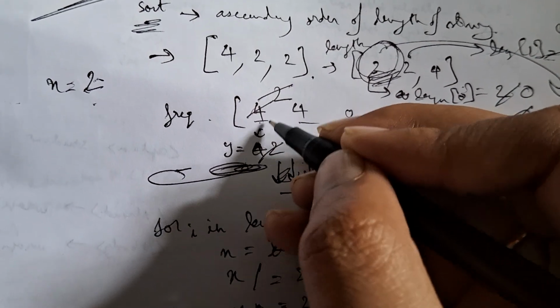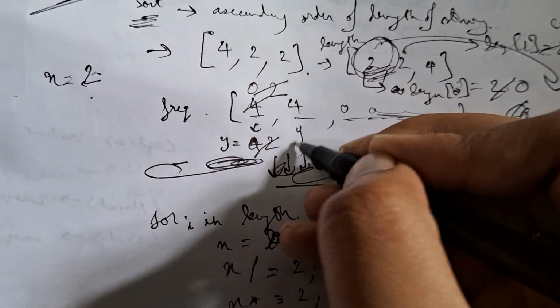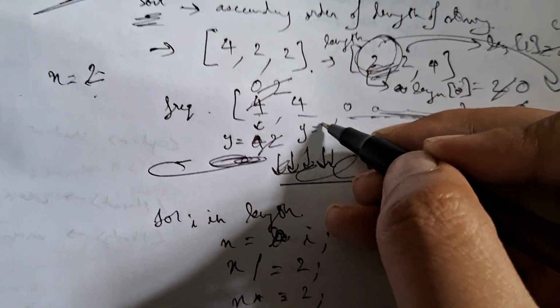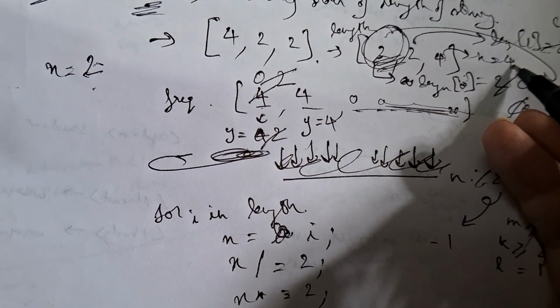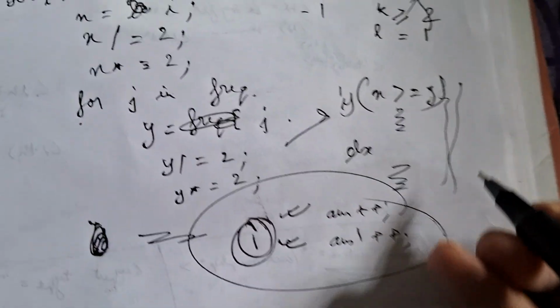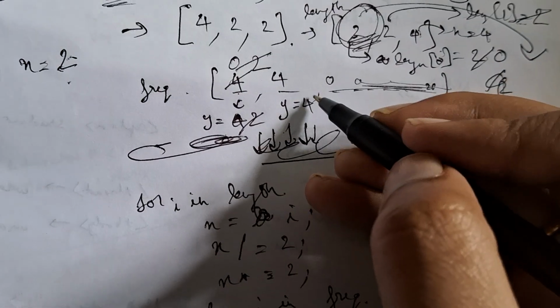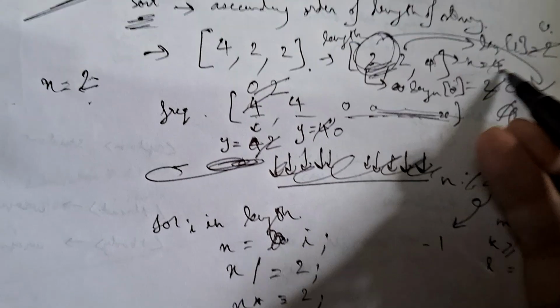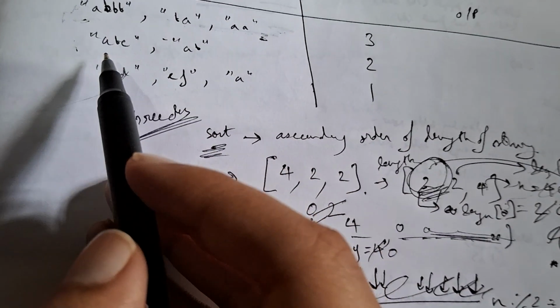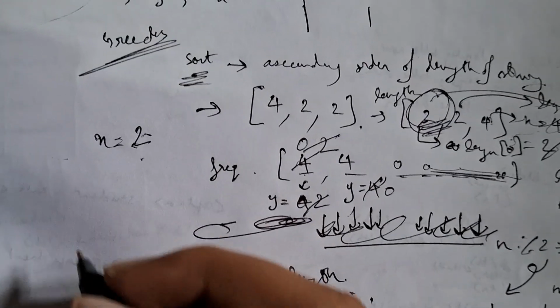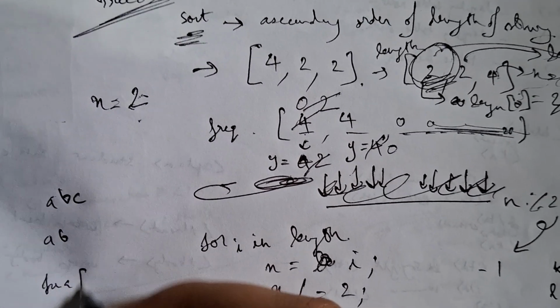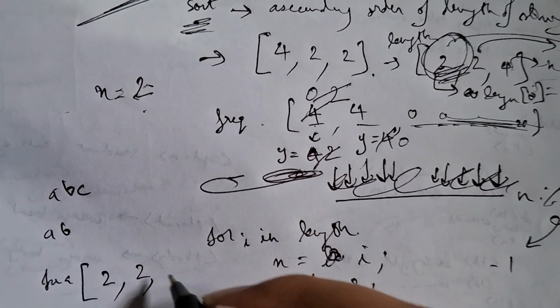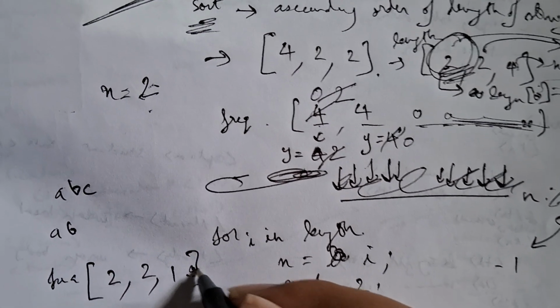Okay, now since this is becoming 0, we will be at this position. So y is equal to 4 and x is also 4, and since both of them are equal, that is the x greater than or equal to y condition, you can make this 0 and make this 0. I think this is a very easy example, so I will go with this ABC AB thing. Okay, ABC AB. So the frequency array would look like 2 2 1 dot dot dot 0 0 0,